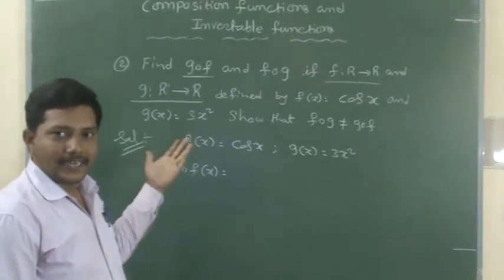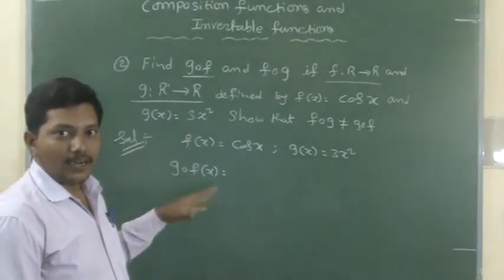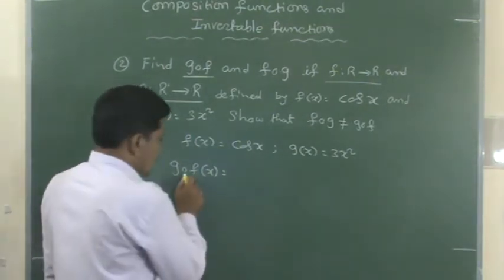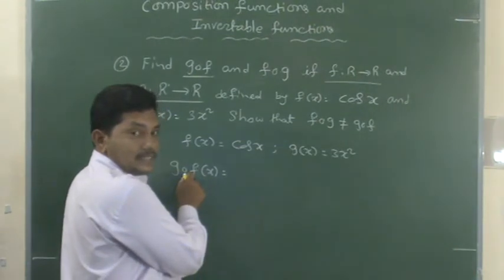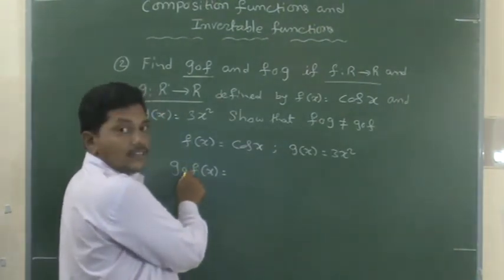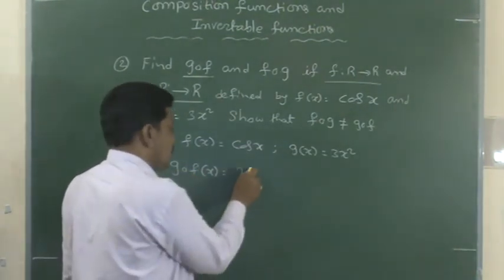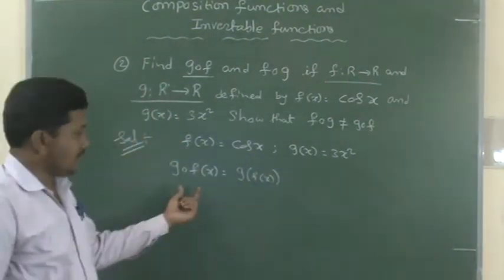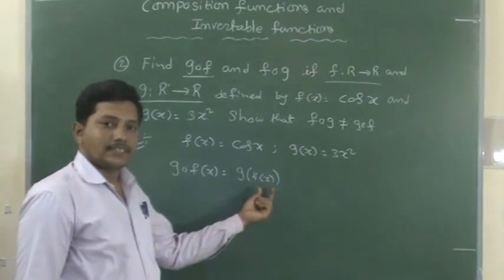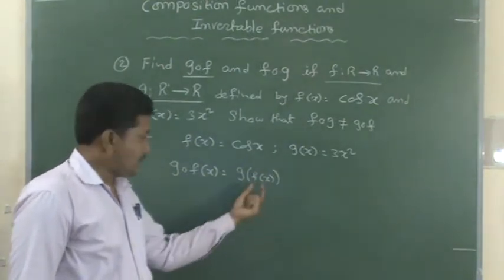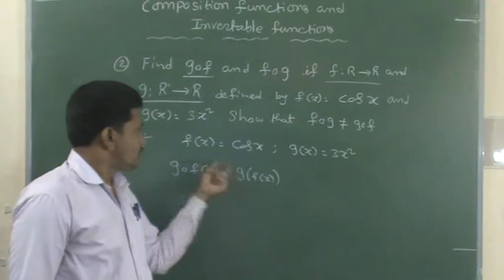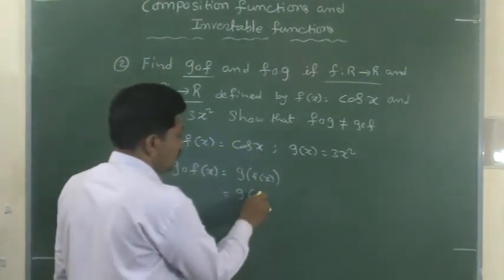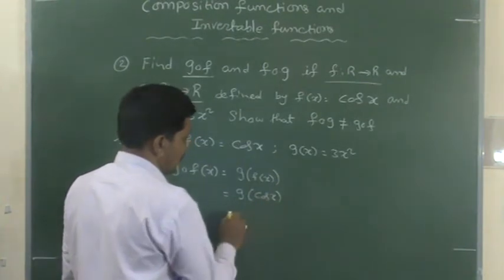We already learned one example. This is the second one and an important problem also. Very easy problem also. Just I want to express this circle with bracket. That is the definition of composite function. Okay, good. This can be written as g of f of x. Now, I want to write first f of x, right? What is f of x? f of x is cos x. g of cos x. Very good.